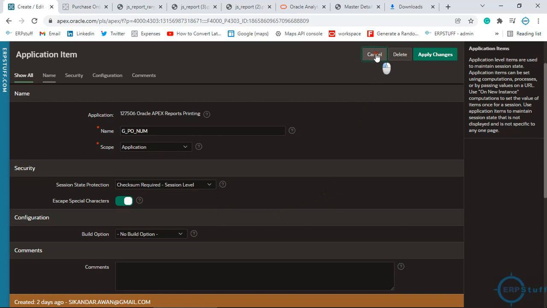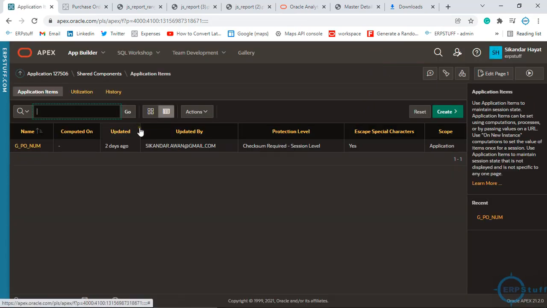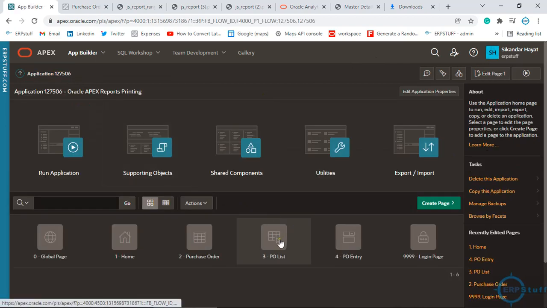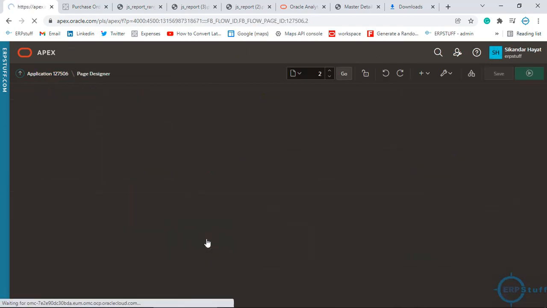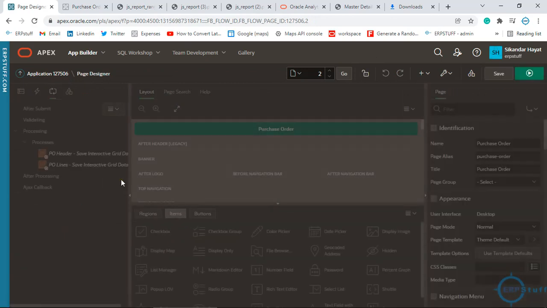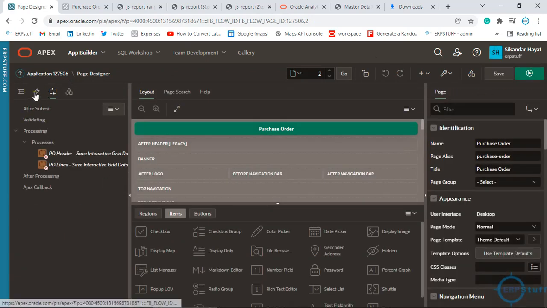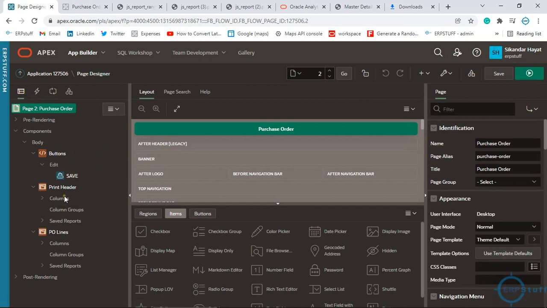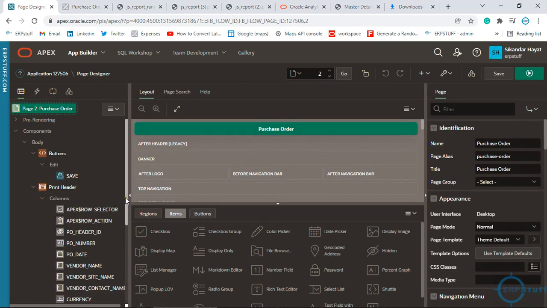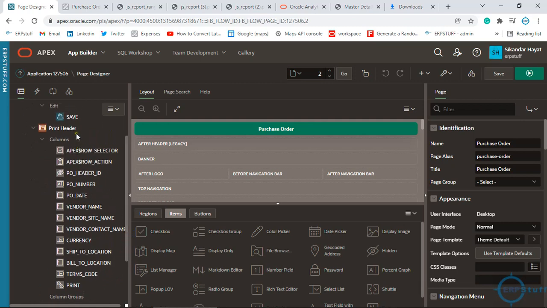This is just a variable, a global variable, and now when we go to that interactive report, let me show you what I did over there. Here you don't need branches, you will create a column. It's a dummy column, I will say.